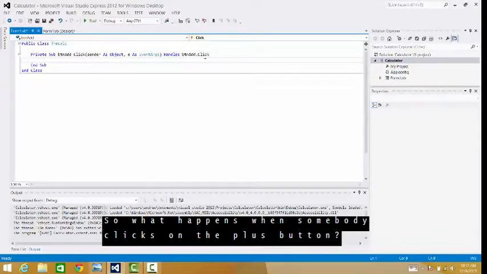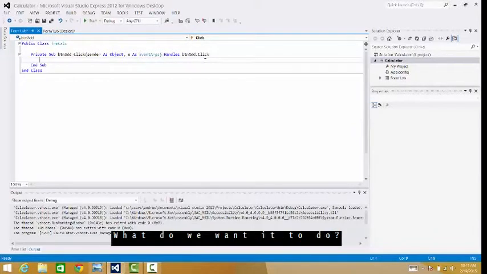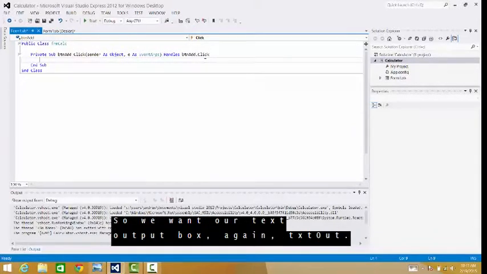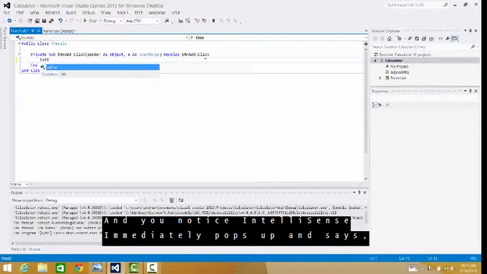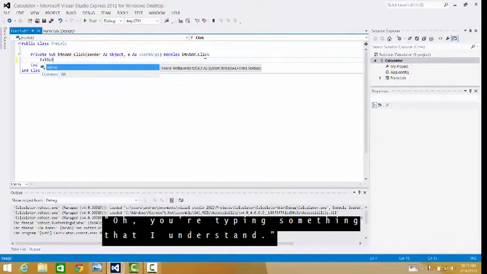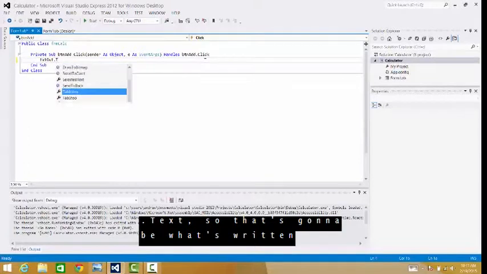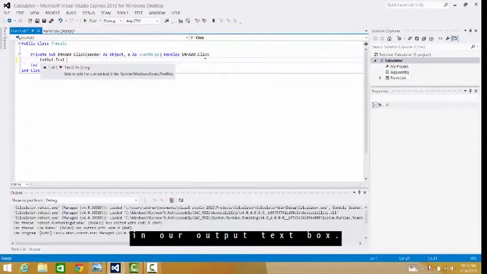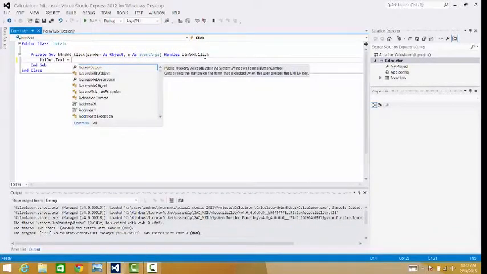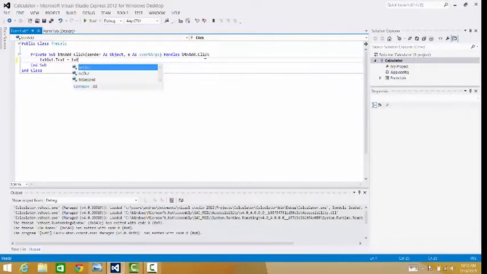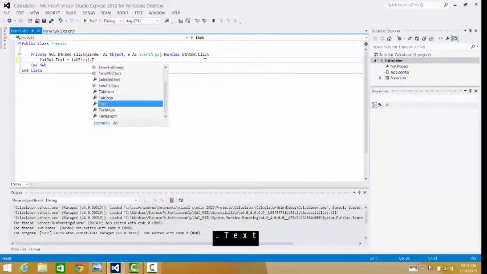So what happens when somebody clicks on the plus button? What do we want it to do? So we want our text output box, again, txt out. And you notice IntelliSense immediately pops up and says, oh, you're typing something that I understand. Dot text. So that's going to be what's written in our output text box. And what do we want that to be? We want that to be equal to our text box first dot text